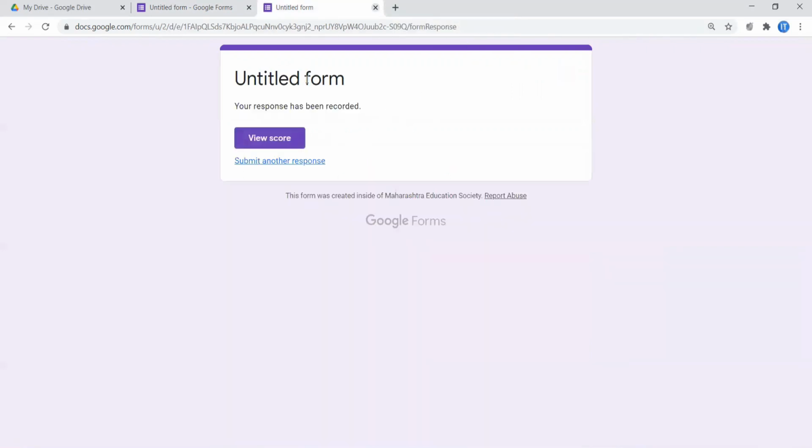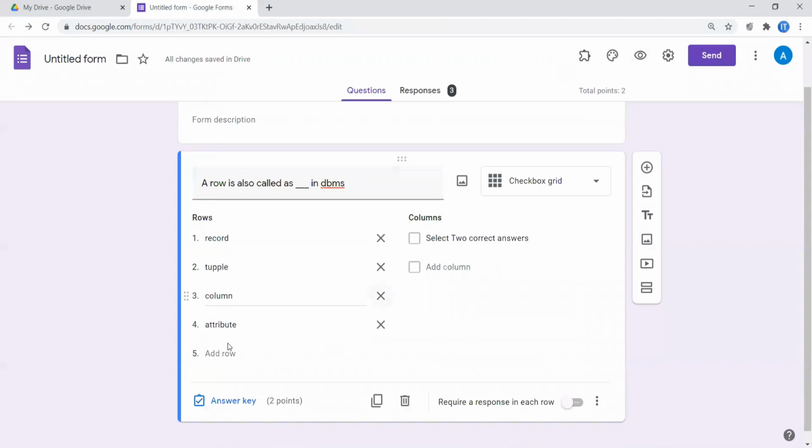You can also add multiple choice questions with three correct answers by selecting this checkbox grid option. In the rows you can give the options, and in the column you can give a heading, that is, select 2 correct answers.